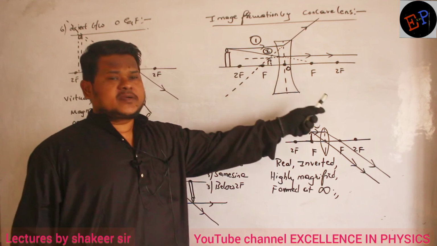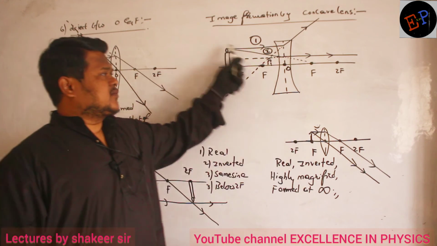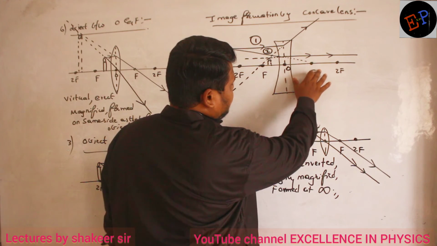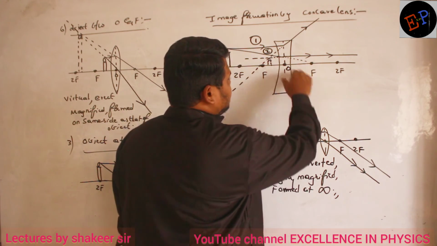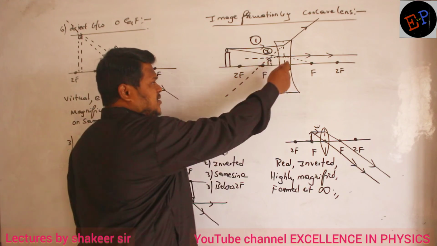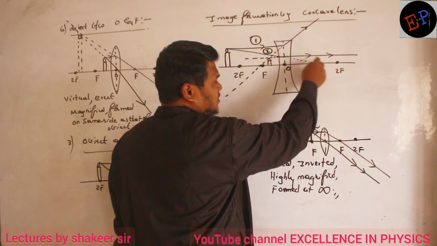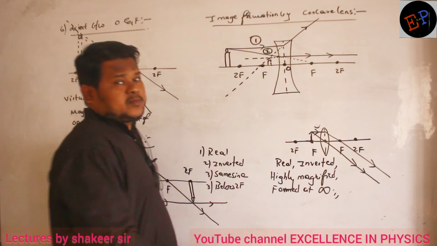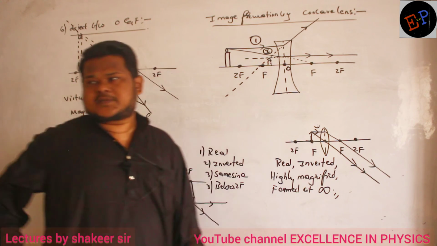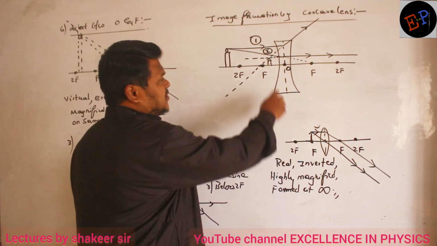This is the easiest condition. Other conditions also you can draw. Other rays also you can use. But I find it very simple. Clear now? Light rays passing through the focus. After refraction, what should happen? They should pass parallel to the principal axis. But if you extend it backwards, see, this light ray and this light ray, they are not meeting with each other. No? They are diverging, moving away from each other. Then you have to extend them backwards. So if I extend them backwards, they are meeting here.